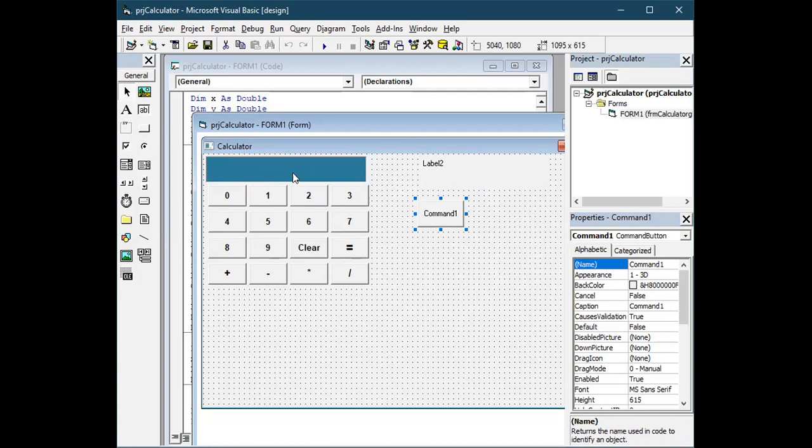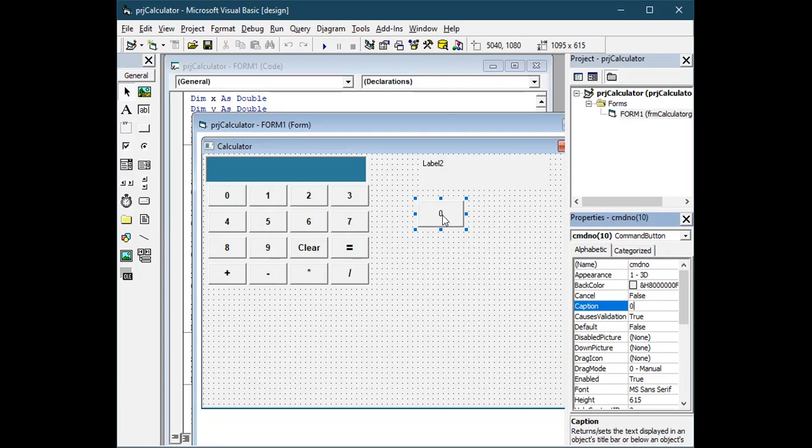The name of the button I have used is CMD NO. You need to select this button and change the name to CMD NO, typed in small letters. Caption I'm going to change to 0. Done. First button is ready.